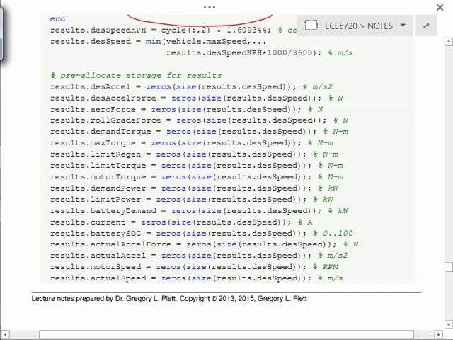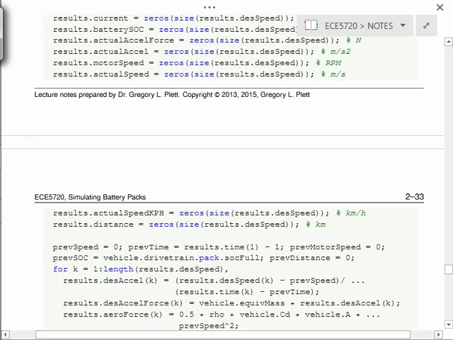Then I'm making a lot of zeros, a lot of storage for results. Because in MATLAB, if you resize a vector in the middle of a loop, it takes a lot of time, very, very slow. So I'm pre-allocating space for my results,